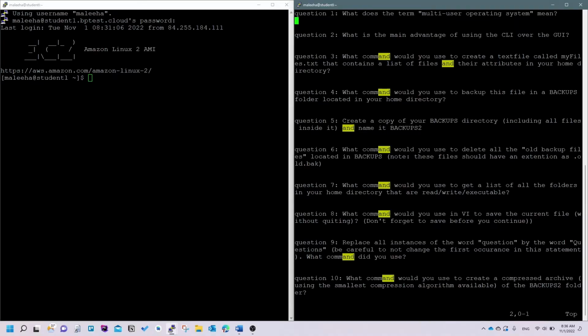So the first question is theory. The second question is also theory. The third one, what command would you use to create a file called myfiles.txt that contains a list of files and their attributes in your home directory? So we know